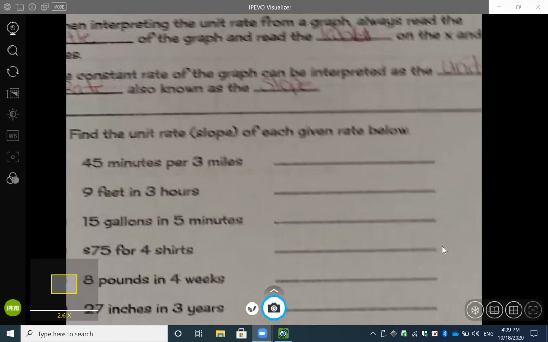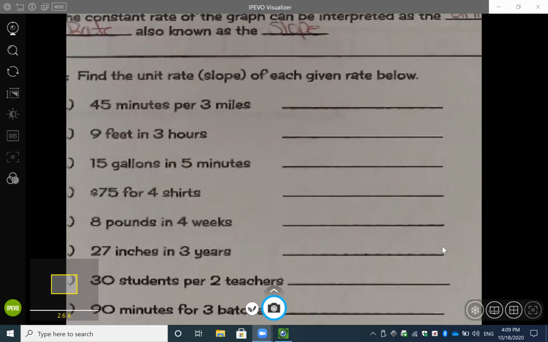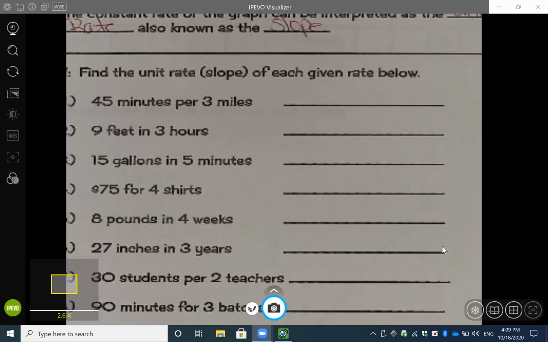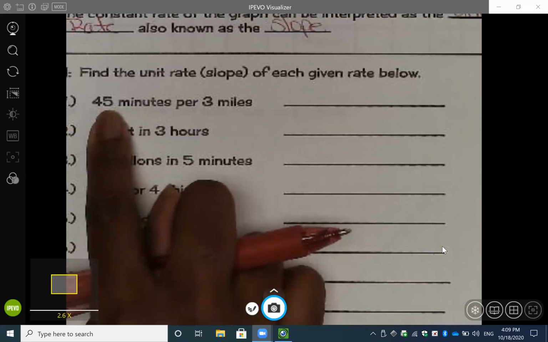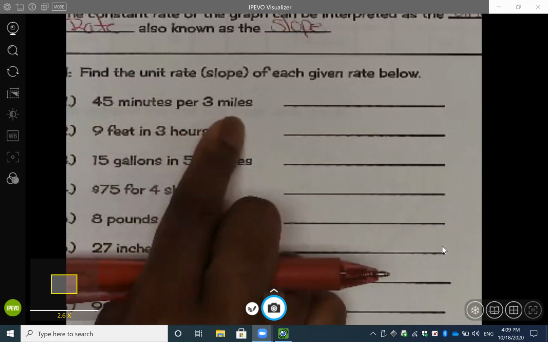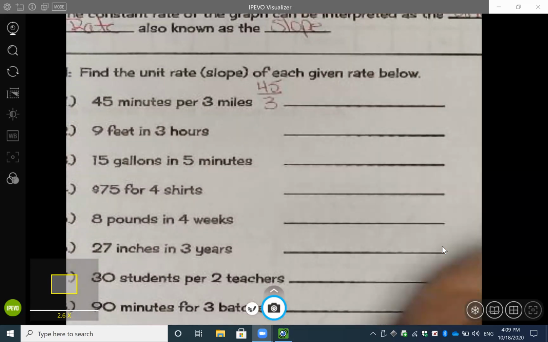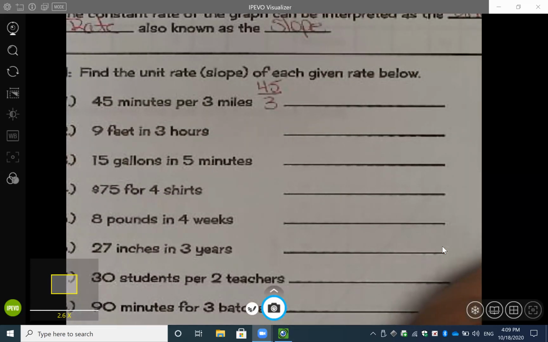So when you are finding the unit rate or the slope of the given information, you are literally putting your y over your x. So it says that someone can travel 45 minutes in 3 miles. So if they're going 45 minutes in 3 miles, you're going to do 45 divided by 3. And when you put that in your calculator,